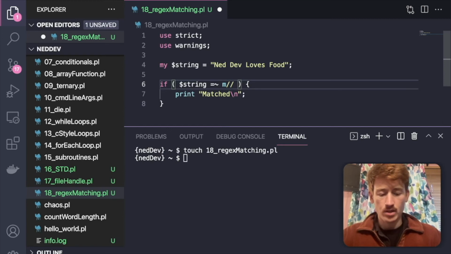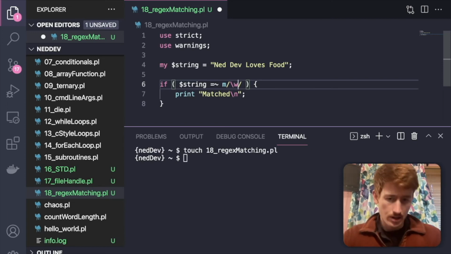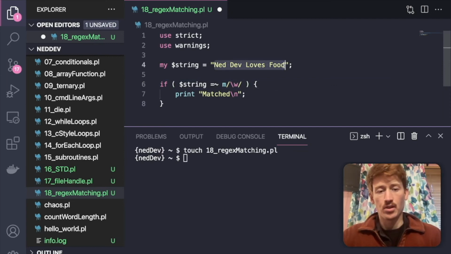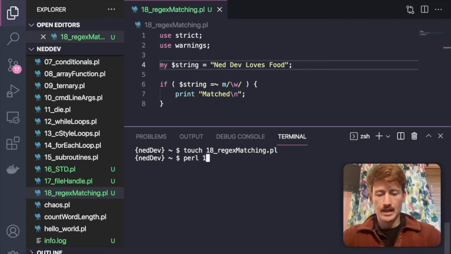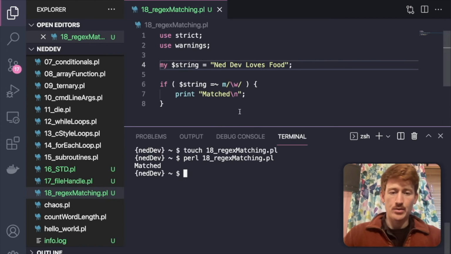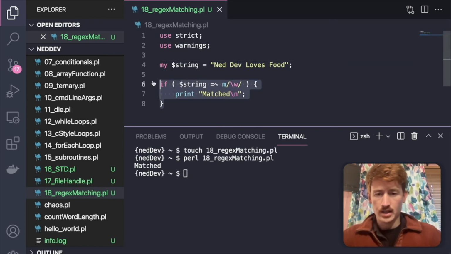So for a basic one, we could go \w, and what that does is it matches on any alphanumeric. So what we can expect to happen is that we do match, because this is full of letters. So let's run this. So Perl 18, and we say it's matched. So to prove that it's working, let's